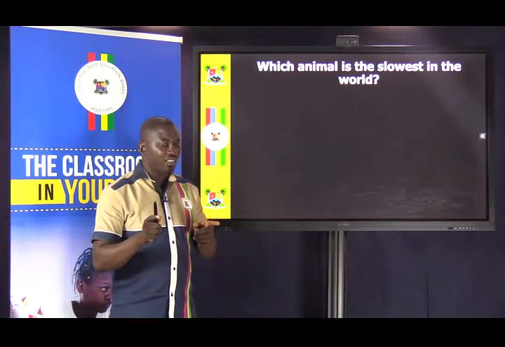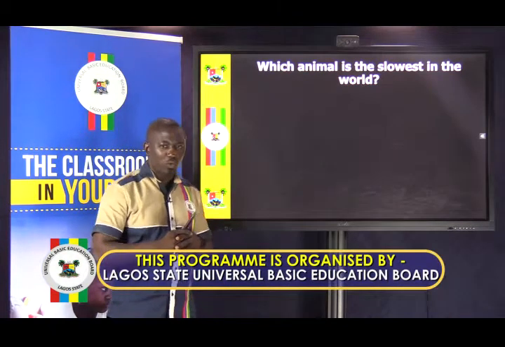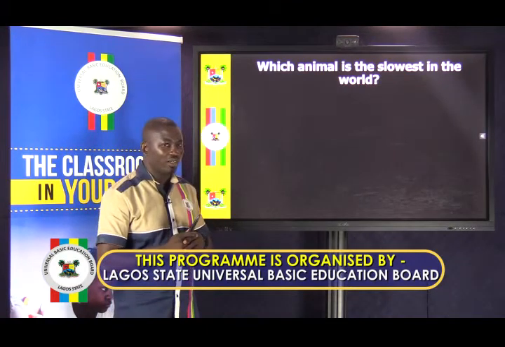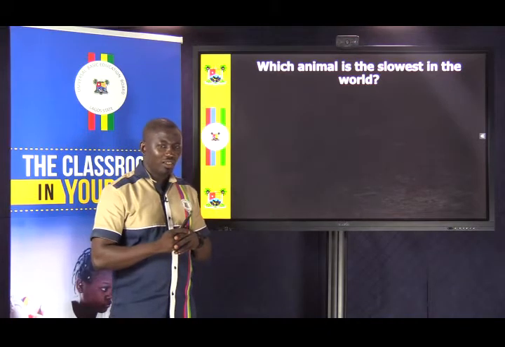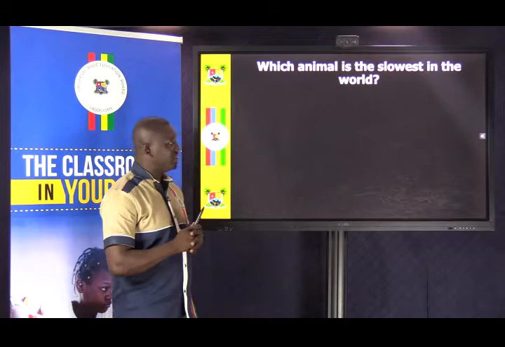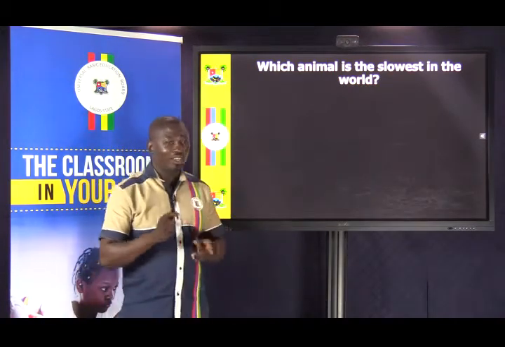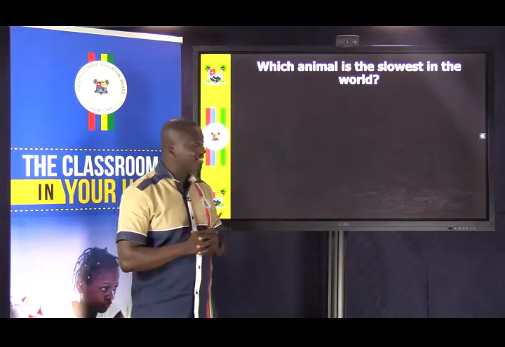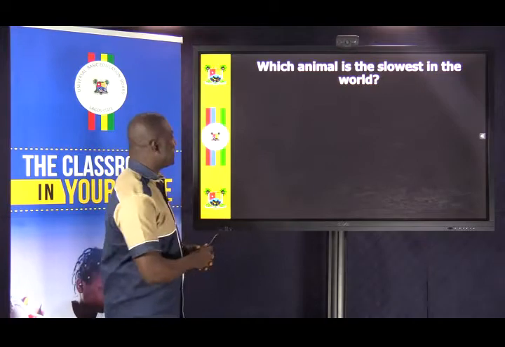Of course, we've done the fastest animal, cheetah. So which one is the slowest? Is it a wild animal or a domestic animal? Okay, do you know it? All right, put it down if you know it. Do that fast. I will be glad if you will be correct. Okay? Quickly, quickly, quickly. Have you done that? Oh, you've put it down. All right, let's see if you are actually correct.